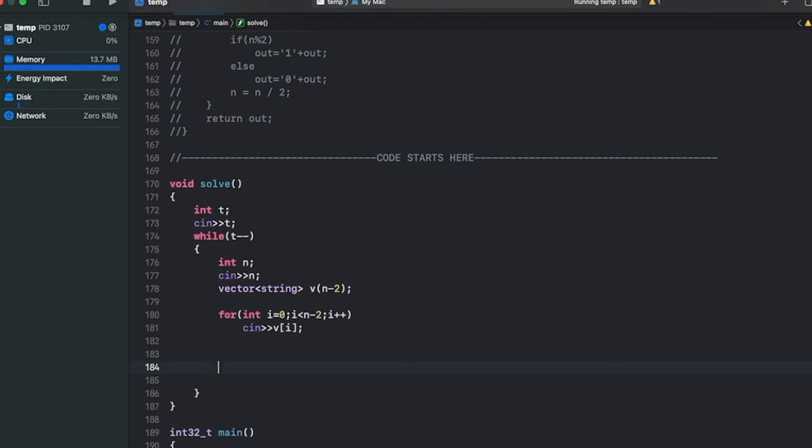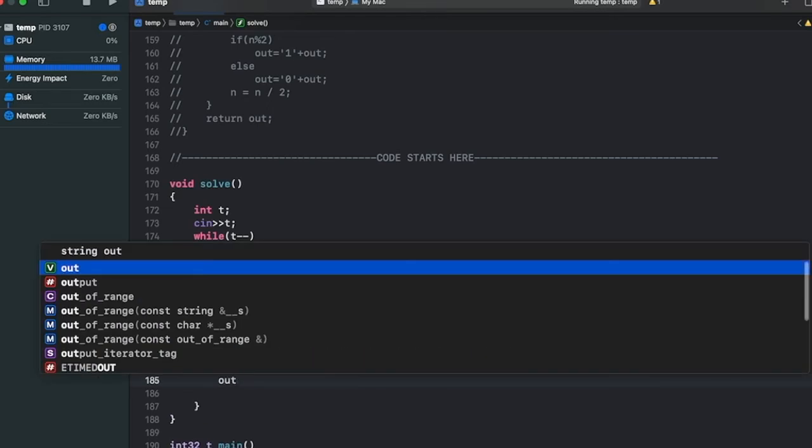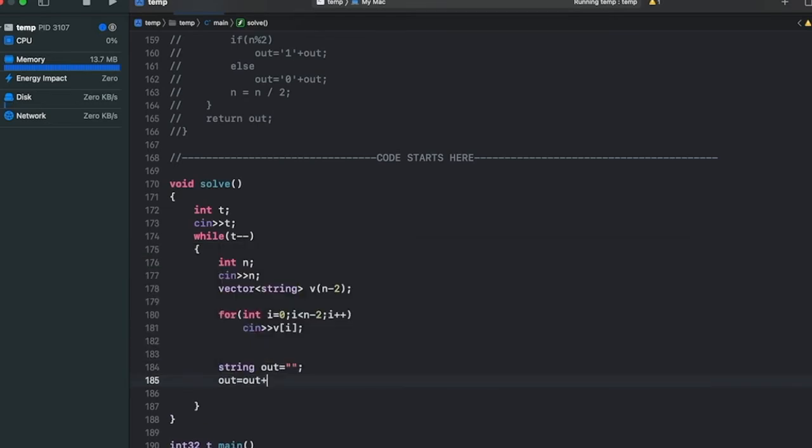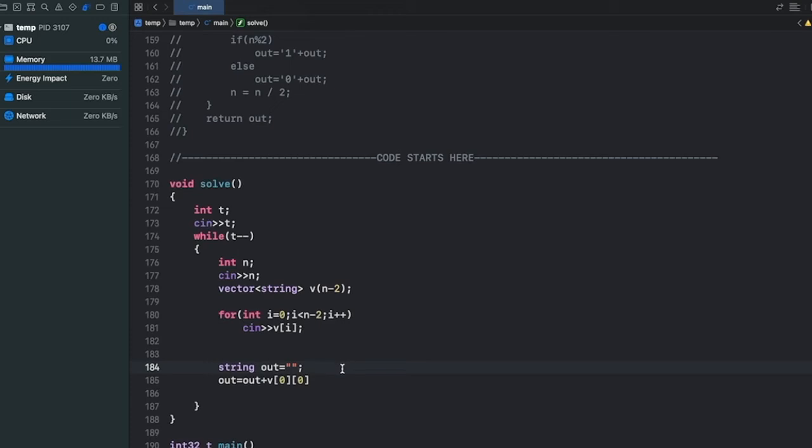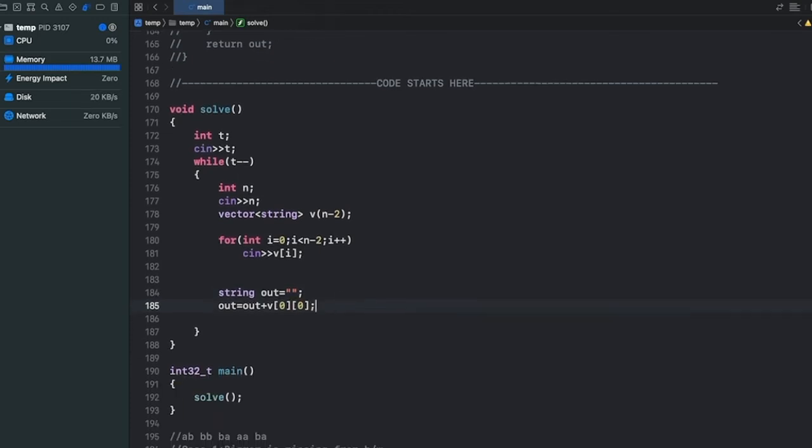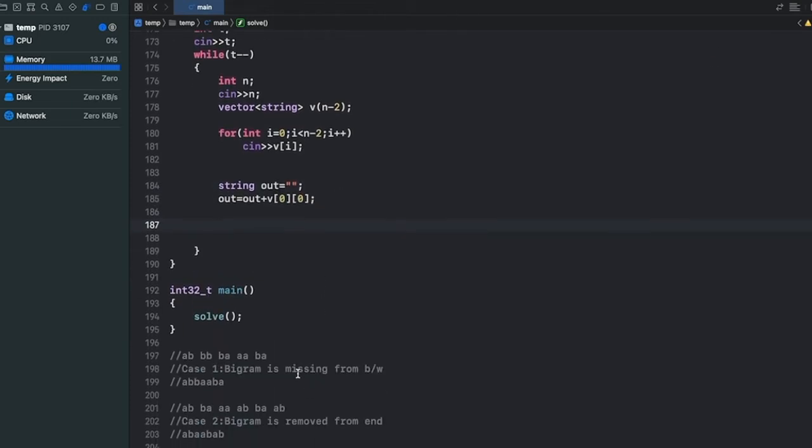We'll initialize our vector over here, and we initialize a string over here. So out plus v of 0 of 0. We'll take the first character of the first bigram, and then we'll loop through the vector.